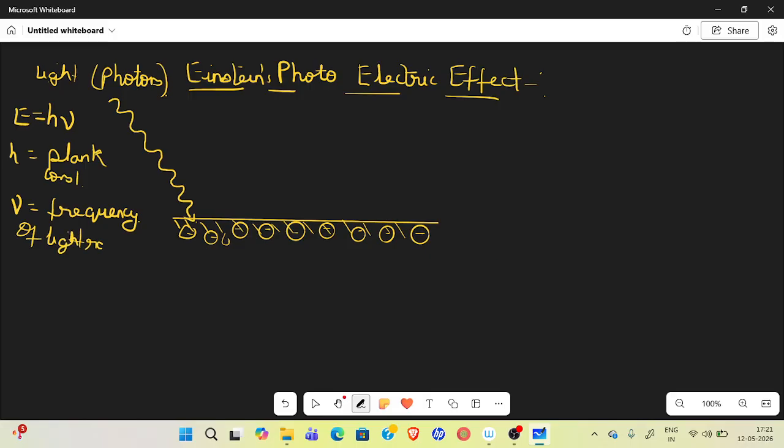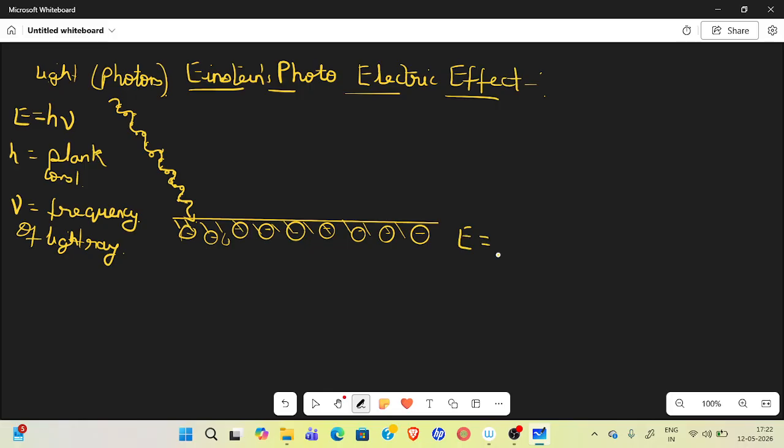So basically, when a ray of light, which contains small packets of energy called photons, accounting for the particle nature of light, collides with the electrons, which are not very tightly bound with the nucleus, and suppose that this has the energy to just come out from the surface, like suppose that this is equal